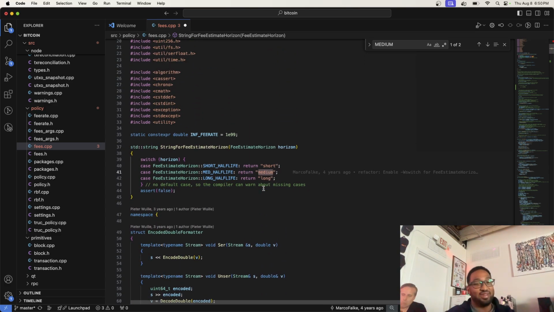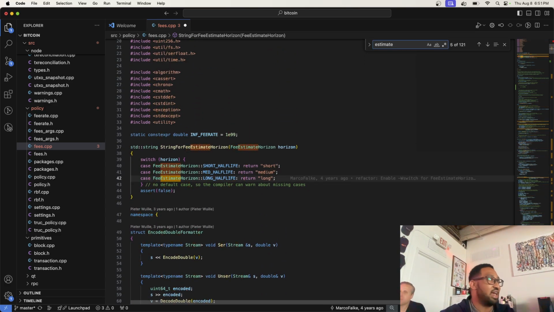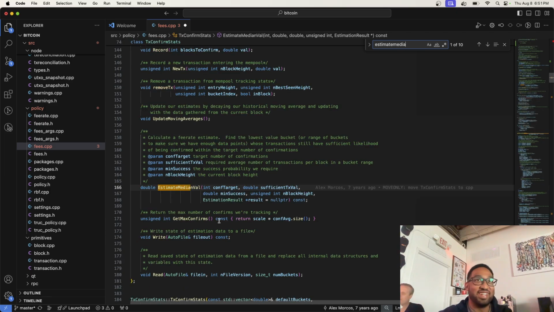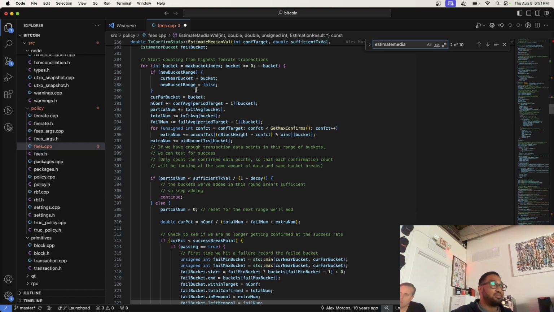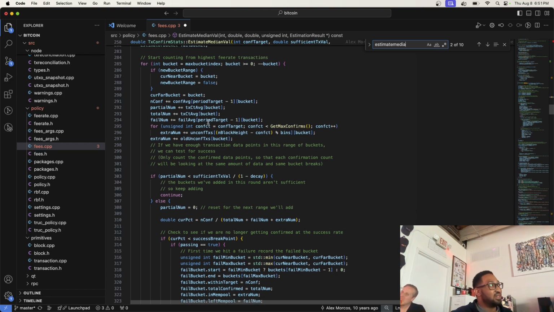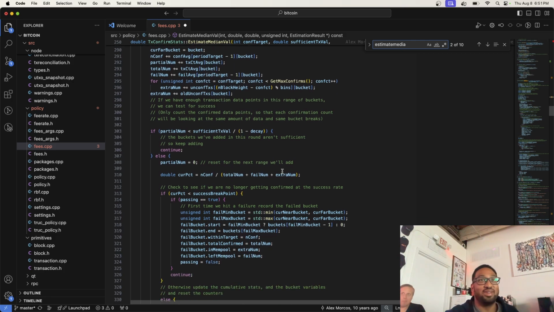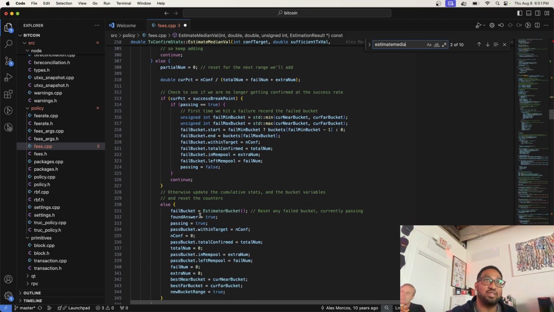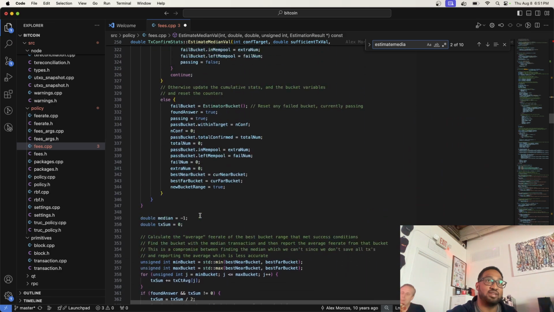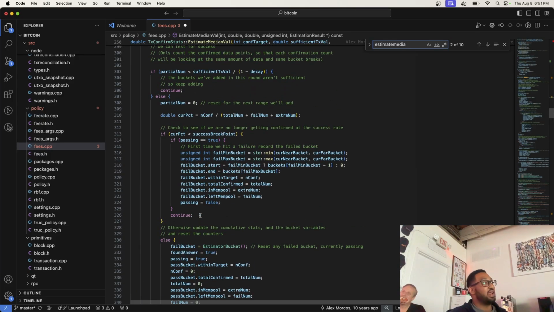Okay. But yeah, just think of decay as a constant. It's the easiest way to conceptualize. Or a configuration parameter that's basically constant. Yeah, a configuration parameter that is constant for our explanation purposes. Then you have all this failed bucket stuff, which also goes into some calculations. But the important thing you need to get from here is that we're just looking for a fee bucket range that contains enough transactions to meet our desires, and enough of those transactions should have been confirmed.